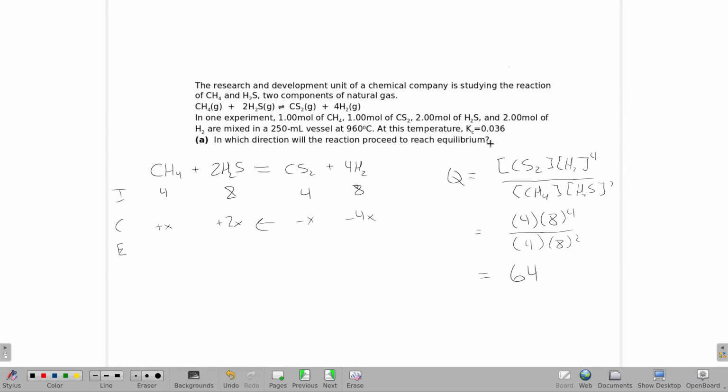Fortunately, this is just asking which direction it's going, so we don't need to actually do the rest. But look how complex this would be: 4 plus x, 8 plus 2x, 4 minus x, 8 minus 4x. Ooh, a lot of stuff in there. And if I wanted to solve for x,